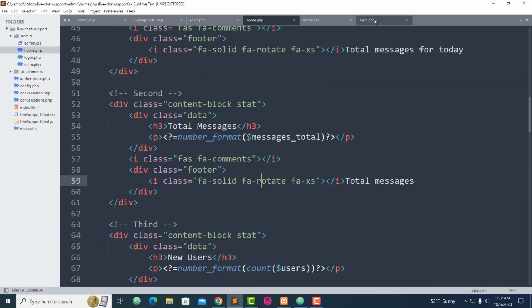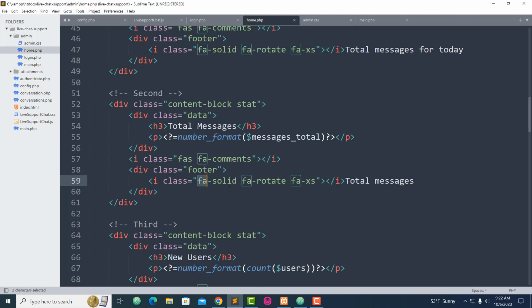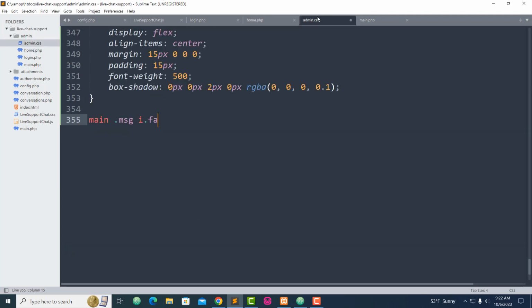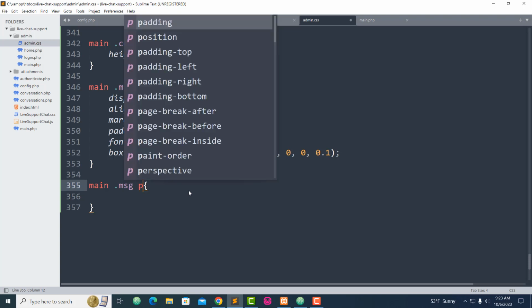Now let's go back. We got the eye. You can see we got them right here. That's why we take them separately to make sure. Let me do this. Okay, guys, sorry. Let's do message p, and then